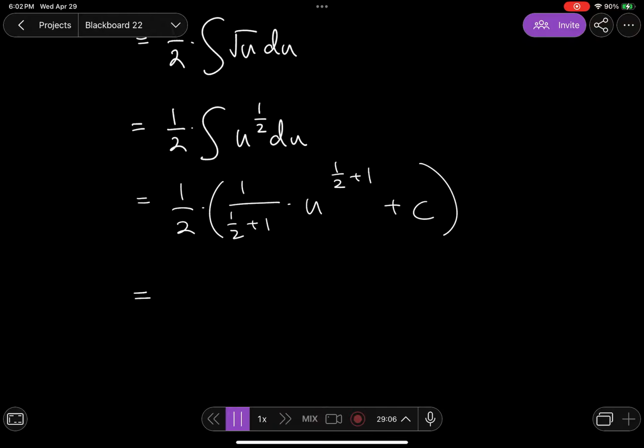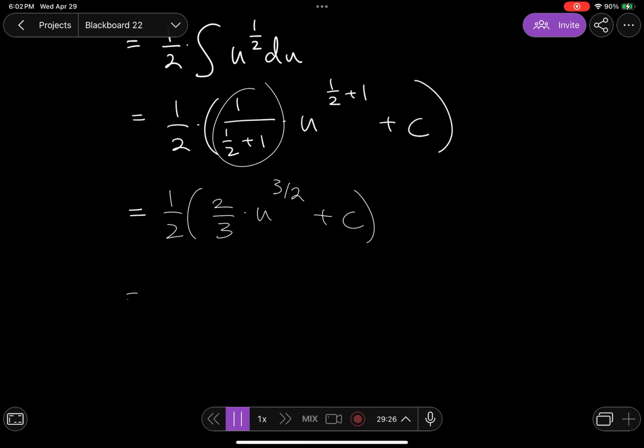This is the same thing as 1/2 times, simplifying this fraction quite quickly, because hopefully we've all seen this before, 2/3 times u to the 3/2 plus c. And this is the same thing as 1/3 times u to the 3/2